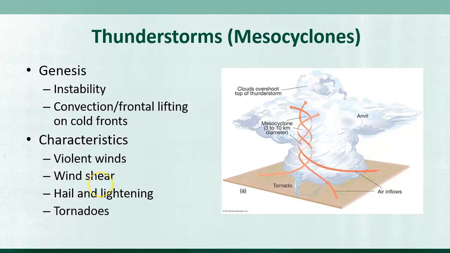That wind shear, air moving up and down within the cloud, forms hail and also lightning as well, because the particles of ice and water that are in the cloud statically charge the cloud,